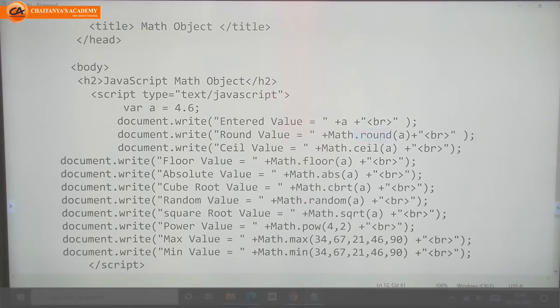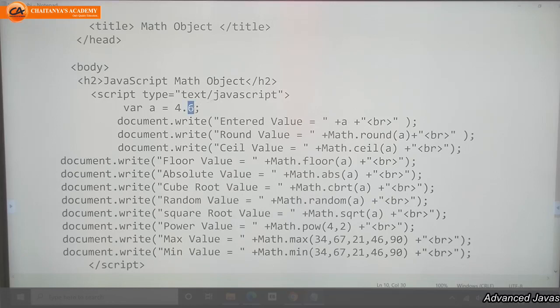Round value, that means it rounds: if you have 4.5, it will give you 5. If you have 4.6, it will give you 5. But if you have 4.2, it will give 4. It will round up your value. Whatever the value you pass with a decimal point, it will round it. After the decimal point, if the digit is 5 or greater, it will round up to the next integer.